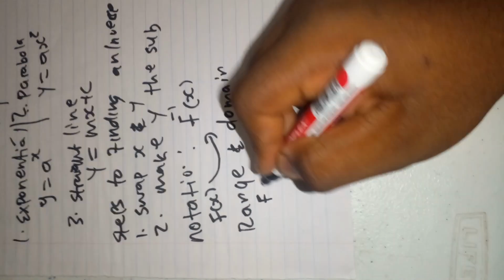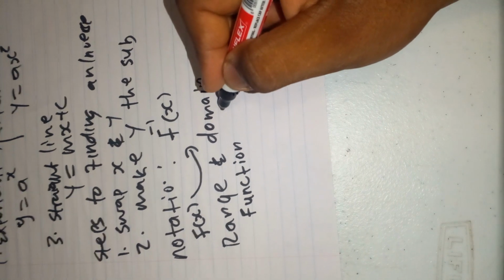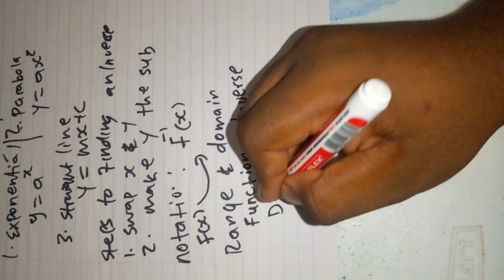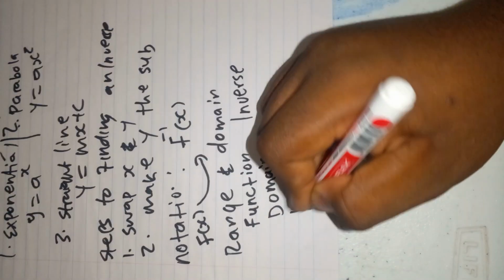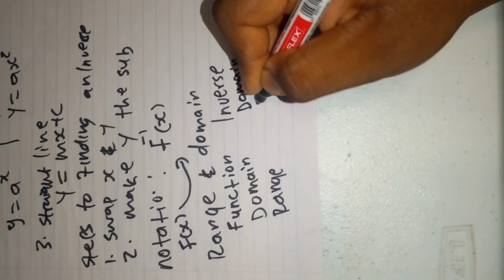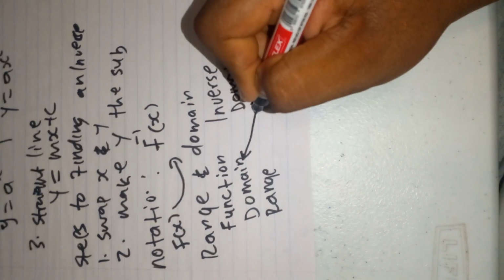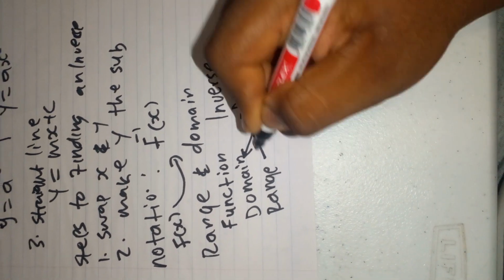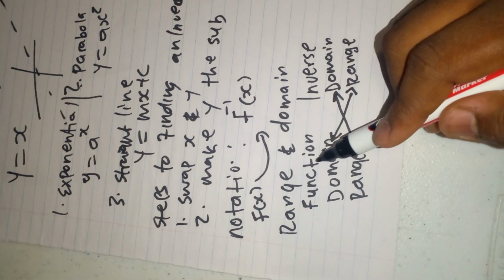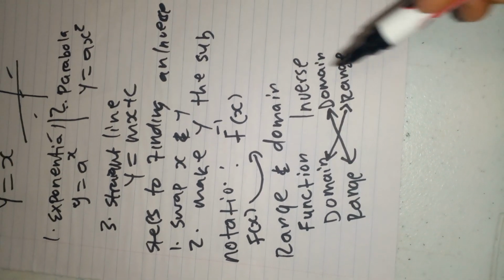So now this one will have what? A function and its inverse. So we will have a function here and the inverse here. Is it fine? So now we'll have domain, range, then domain, range. So now what you have to know is what I just illustrated. What do I mean by that? The domain of the original function is the same as the range of the inverse of this